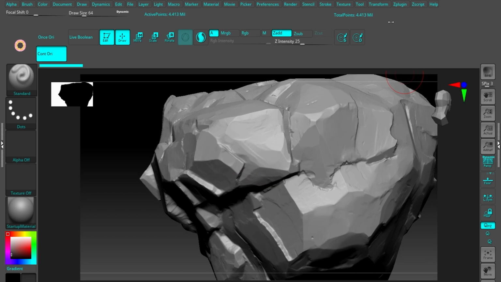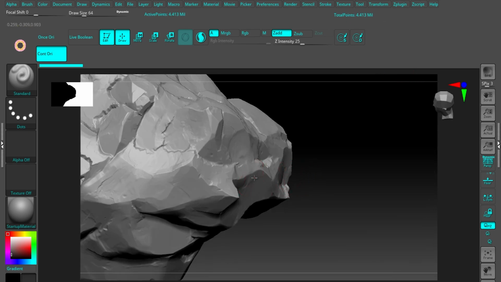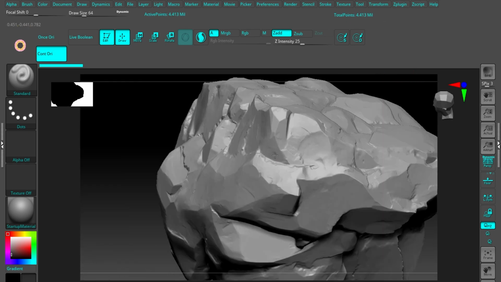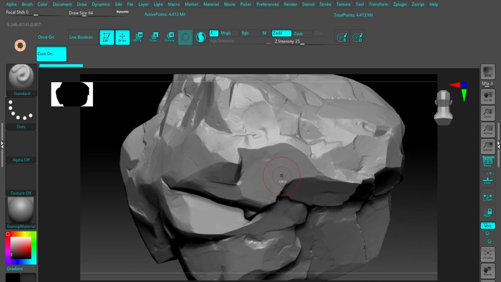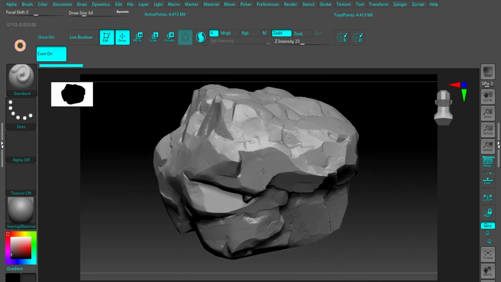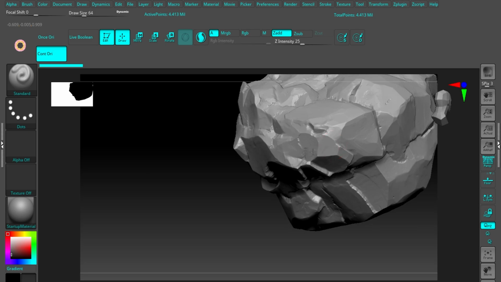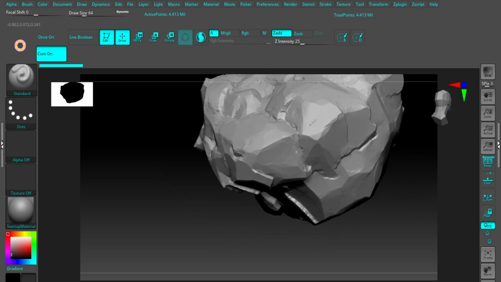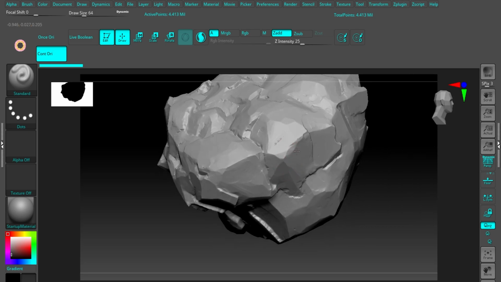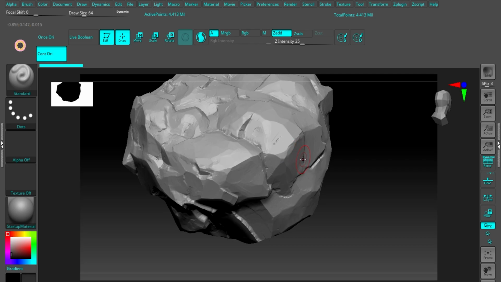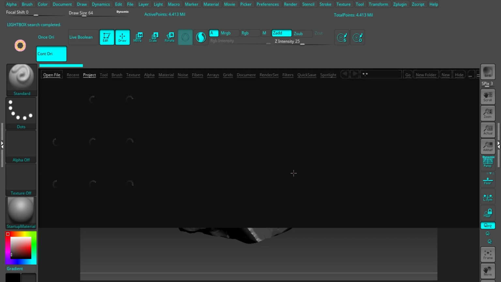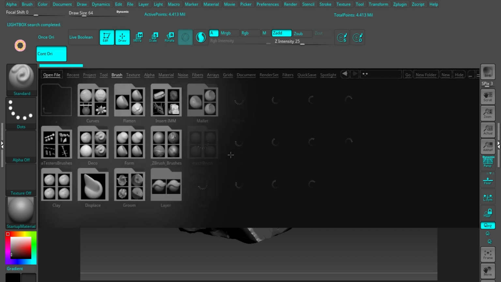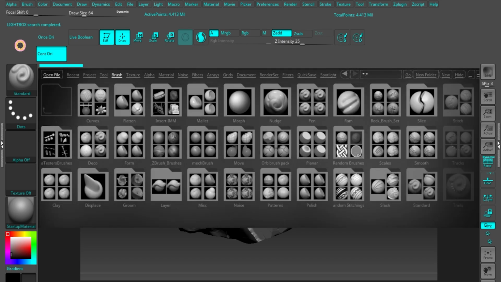So I'm already here at 4.4 million, so if I do that, my PC is just gonna crash. And so before concluding the video, I just want to go over one last part, which is if you go to Lightbox by pressing the comma key, and I open up the brush panel, and now again I'm gonna open up the Orb brush patch,